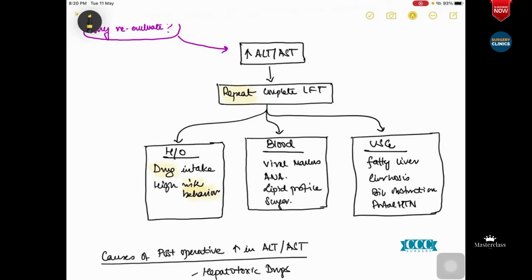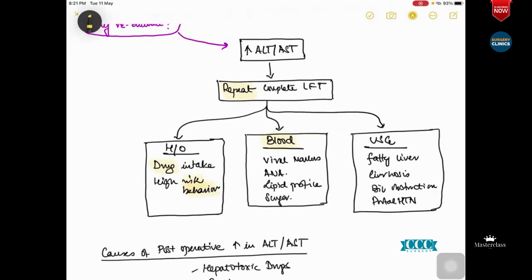Now you've seen that the patient probably has some history or possible etiology which you have come across with your blood analysis. Now you need to confirm this with imaging, and there you can use an ultrasound of the liver and see whether there is any pathology, right? You can have somebody with a fatty liver, you can have cirrhosis, macronodular or micronodular cirrhosis, you can have biliary obstruction or portal hypertension, as in your splenoportal axis will be dilated. You can have portal cavernomas, and all of these things can come up on your ultrasound or your CT scans, right?